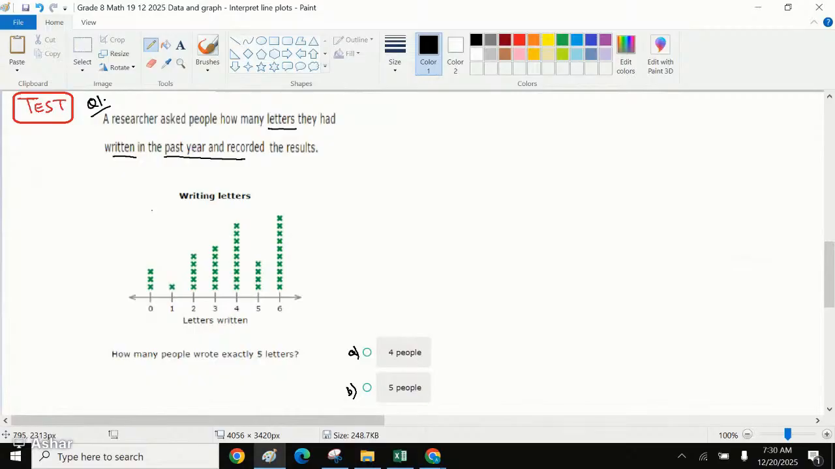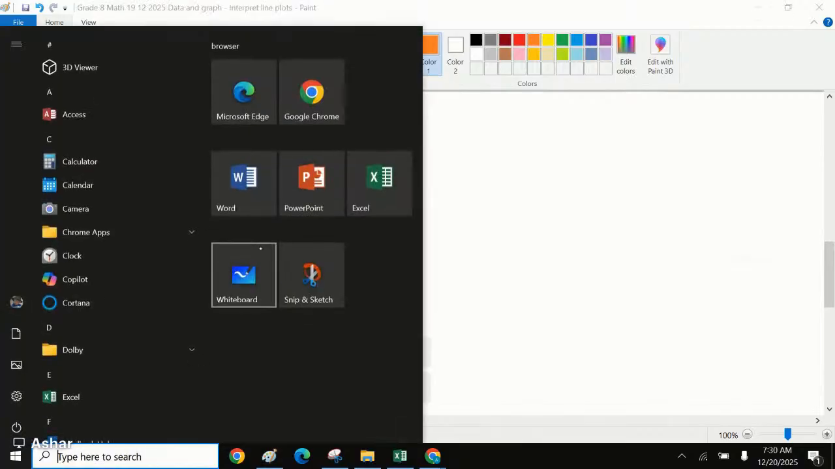Once we have the answer, then we will look into the options where the answer is exactly. Okay. So the question is saying that these are writing letters. How many people wrote exactly 5 letters, right? Let's try to find exactly 5 letters. That means this is exact 5. 1, 2, 3, and 4. 5 letters were written by